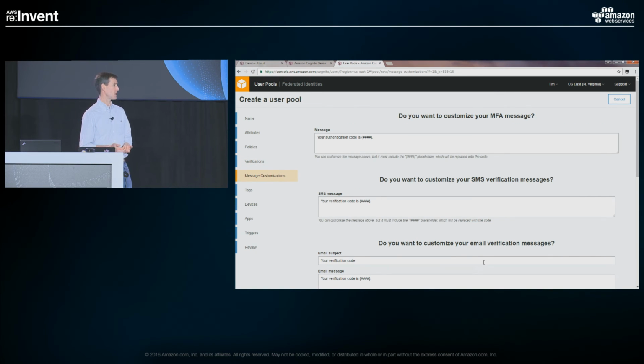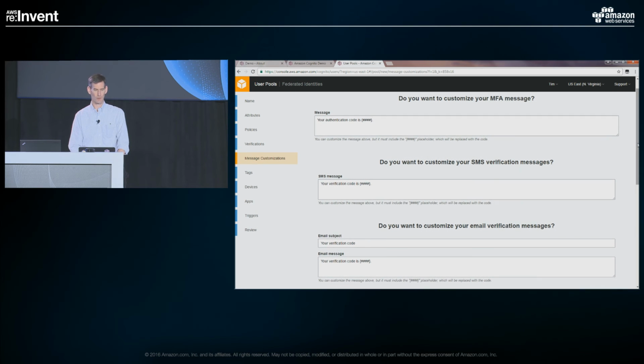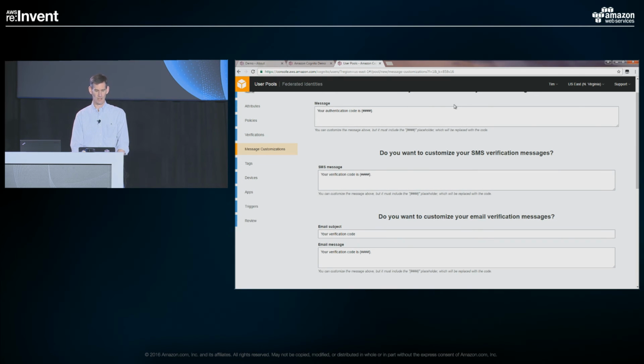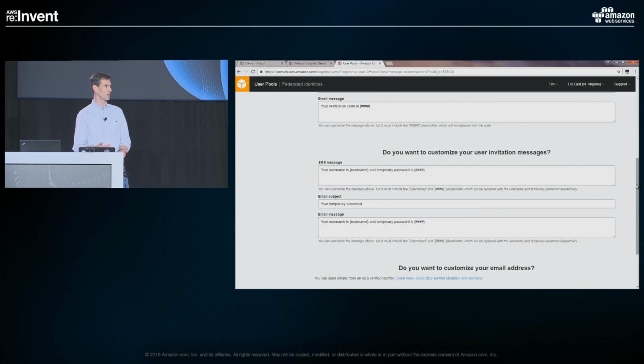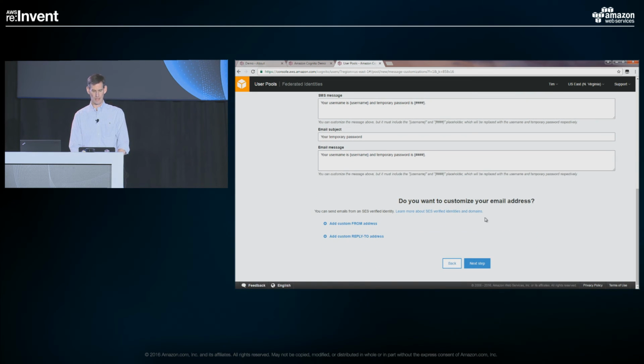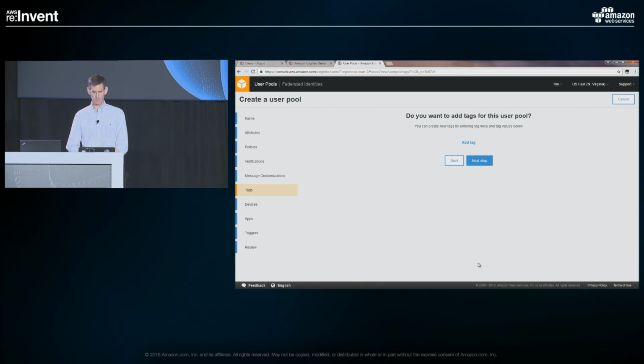Now I'll move on. We keep coming back to customization. These are the templates that Vikram described. So these are the standardized templates or the static templates where you can very easily, if you want to add your app name or some brand information or just change the way the phrasing is made, you can change messages for SMS, for email. If you're going to invite a user, you can change the message for a user that you've invited, and you can also change the from address or the reply to address on an email. So the intent here is to make all of this be your own. These are your users, and Cognito is just behind as your platform. So I'm going to leave those as they were.